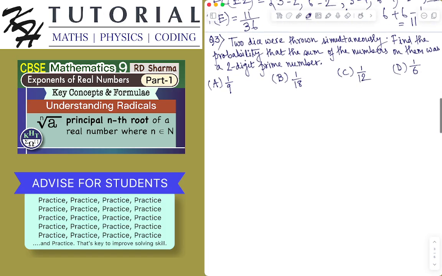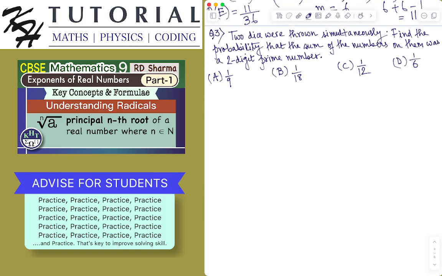Two dice were thrown simultaneously. Find the probability that the sum of the numbers on them was a 2-digit prime number. Okay, so what are the 2-digit prime numbers? The 2-digit prime numbers are 11, 13, like this. But we know that the